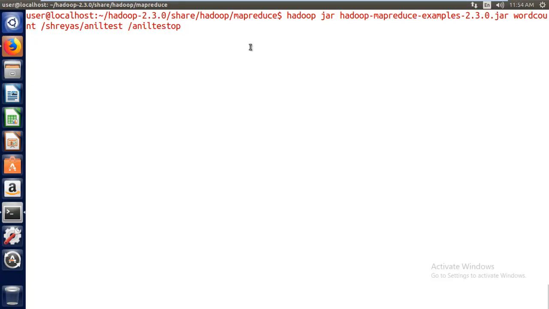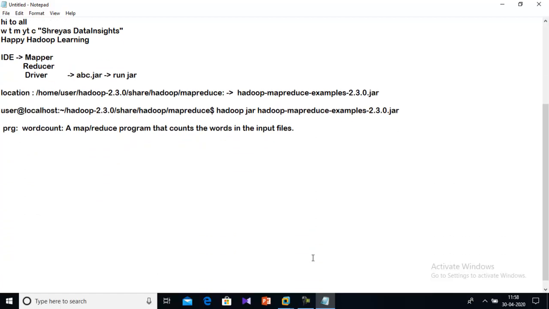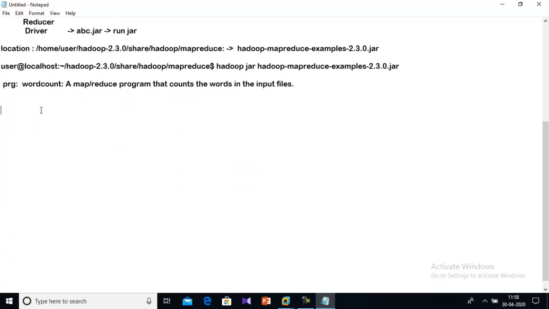I'll be copying this complete command once again to the notepad and I will explain what I really did here. Please understand, guys. So here, hadoop jar, this is how you can run a jar file.